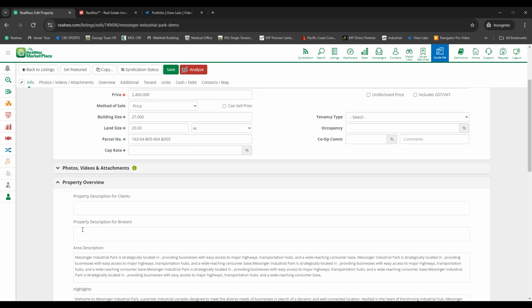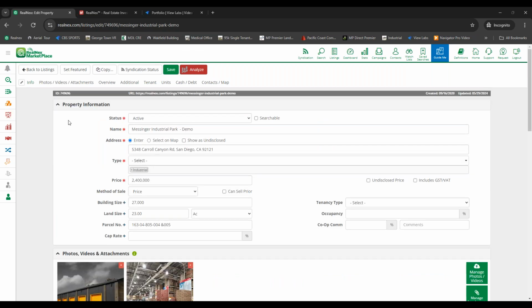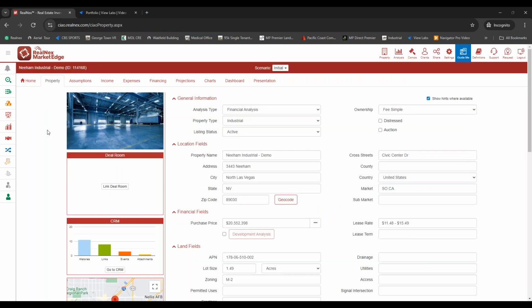Again, any of the information you have, like property overview, photos, and so forth, will all come across, and that will populate right into our Market Edge program for what we're going to be talking about today. Now, whether you're pushing the information in from the CRM, from Marketplace, or just entering it directly into Market Edge, remember, if you ever need any additional support or help, Guide Me is a